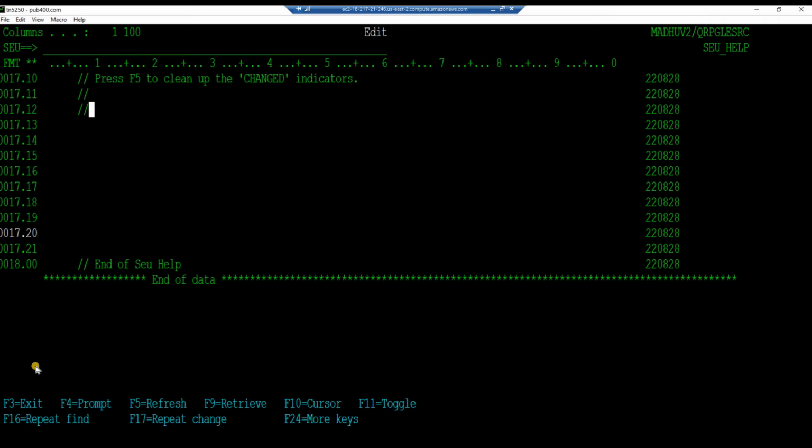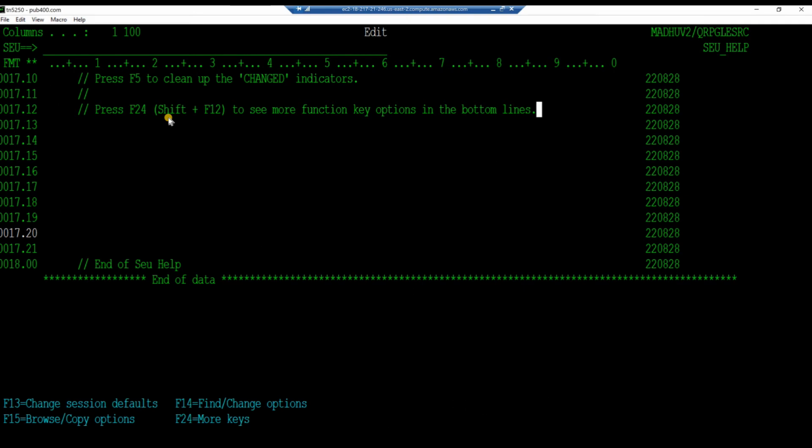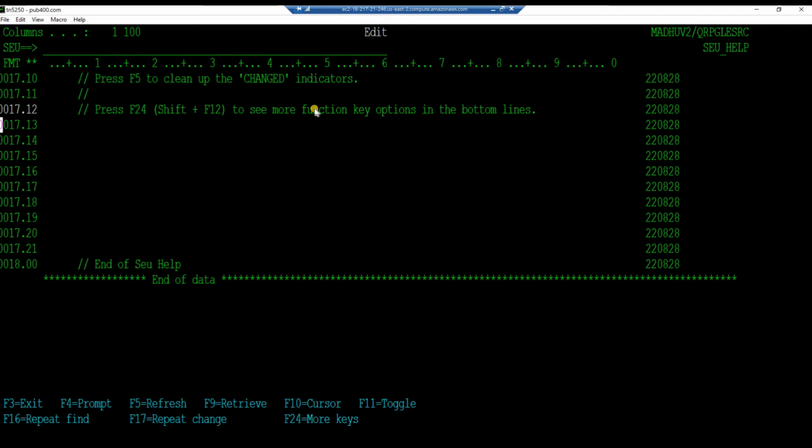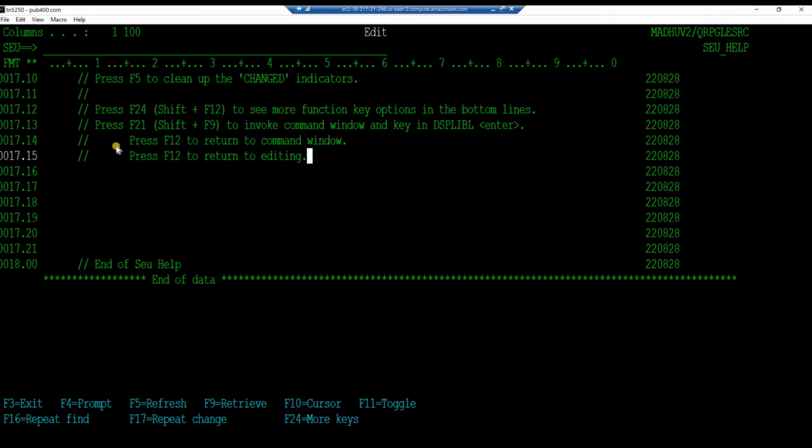next input line, key in, press F24, Shift plus F12 to see more function key options in the bottom lines. So press Shift F12 and the bottom lines change to show you the different function keys available and their functionalities. One more time, Shift plus F12 and Shift plus F12. Hit enter, tab over, one more tab, right arrow keys, key in the 3 lines, press F21, Shift plus F9